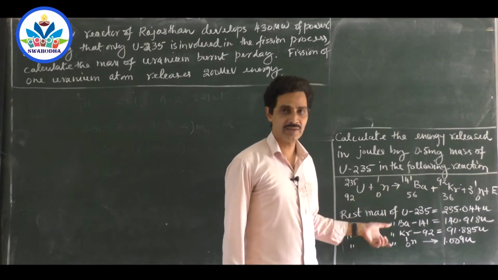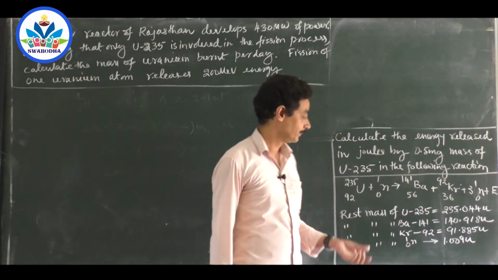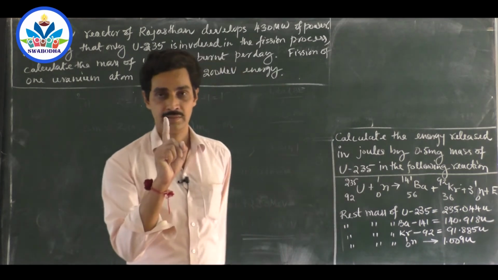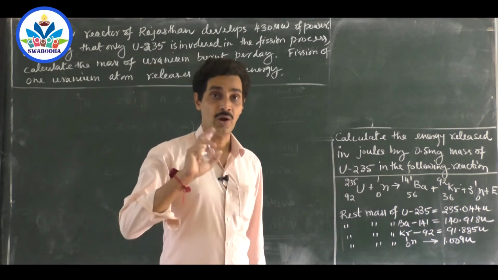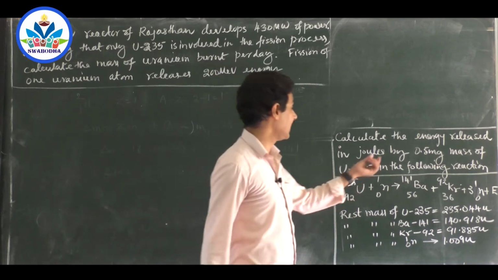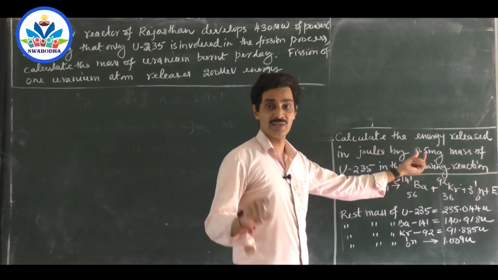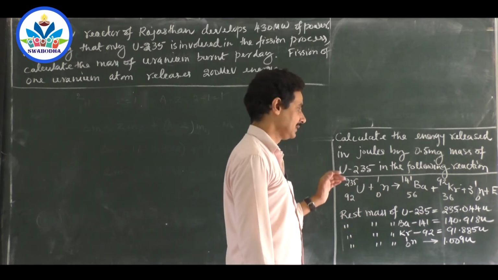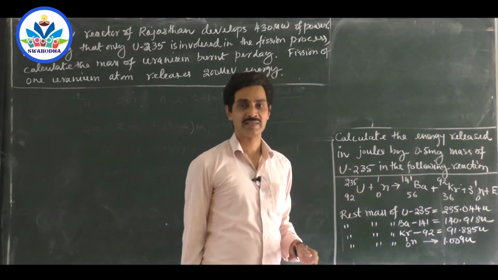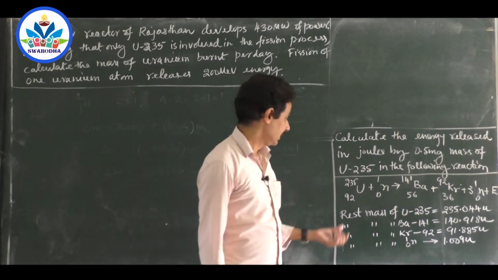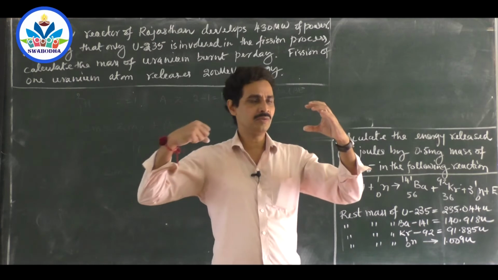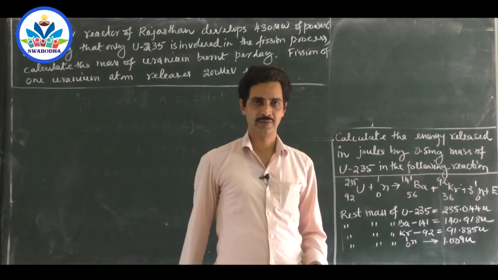First of all, we will find out the energy released in one fission. This equation gives you the energy released in one fission. Only one fission. So how many fissions will occur? How many atoms will be present in this? So many fissions will occur. So it has two parts now. First of all, find out the energy released in this. Again, you have to find out a mass defect. How is the mass defect? You will have uranium-235 and neutron. They are fighting together. Neutron will be going to the nucleus of uranium-235.